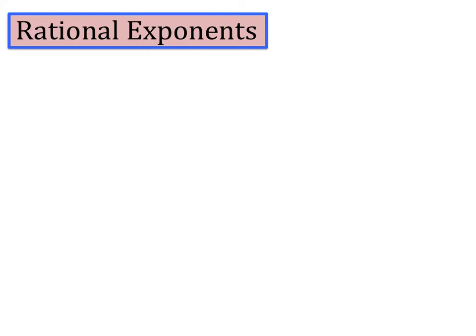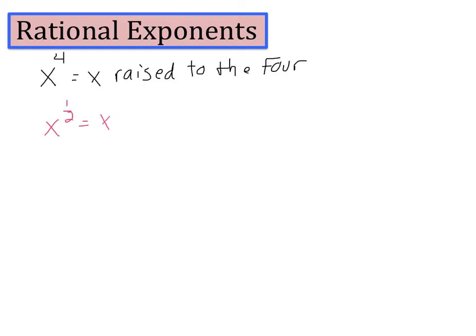What we're used to seeing so far is some base raised to a regular exponent. Here we say it's x raised to the 4. In this section, what we're going to get used to seeing is rational exponents. So for example, we could have x raised to the 1 over 2. Now this we say x is raised to the 1/2,